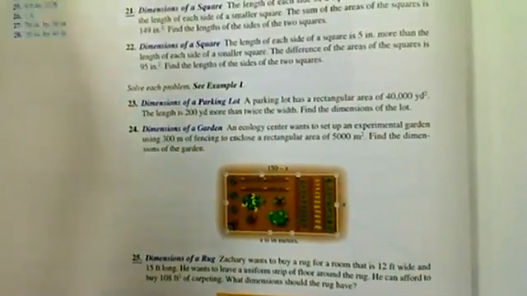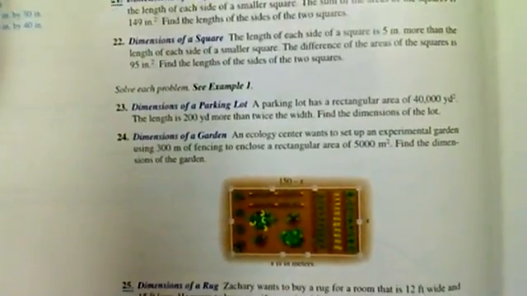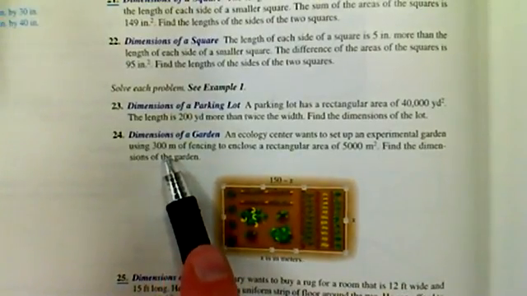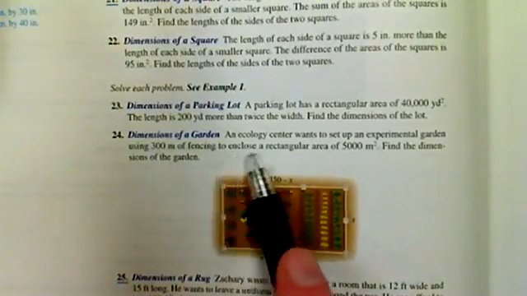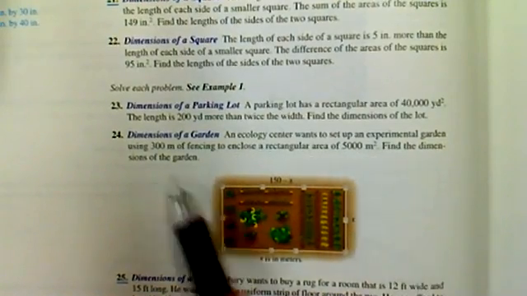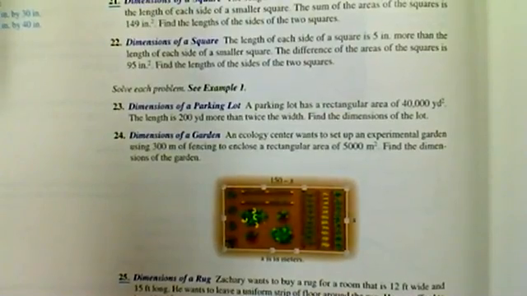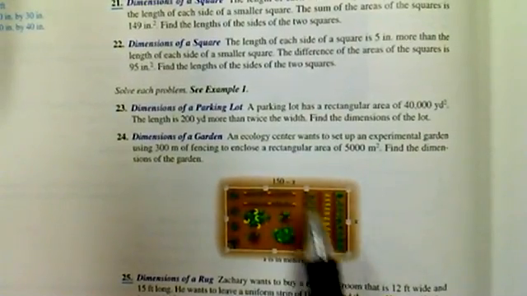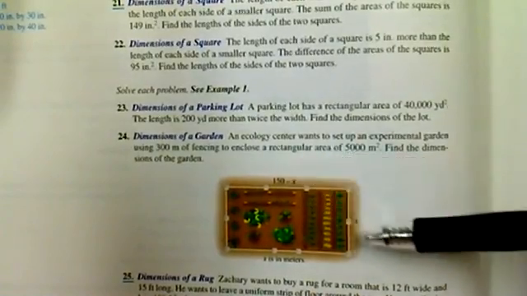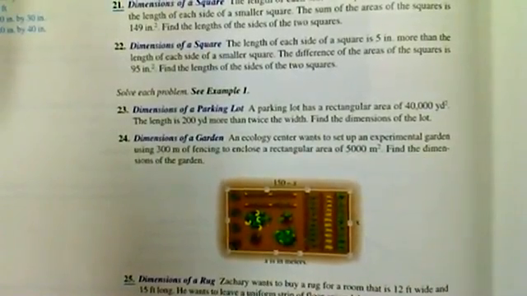a garden, okay? And it says that an ecology center wants to set up an experimental garden using 300 meters of fencing to enclose a rectangular area of 5,000 meters squared. Find the dimensions of the garden. And they even give us a little picture here, and they kind of give us a way to start setting this up. Now, if you're wondering where this 150 minus x and x is coming from, let's think about it,